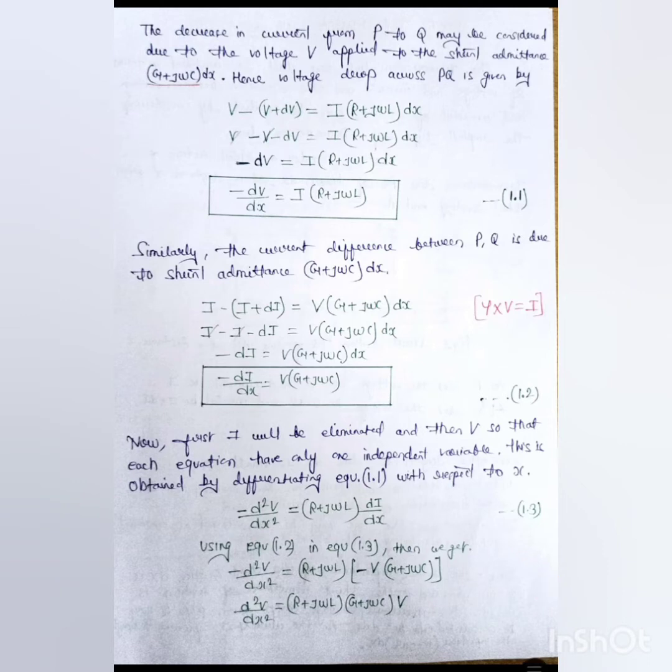Now as we can see, in these two equations there are two variables present. One is V and another one is I, and we need to find equations in which only a single variable is present. So in order to eliminate one of the variables and make each equation single-variable, we should eliminate I here in order to make a general voltage equation, and we should eliminate V here in order to make I a general equation.